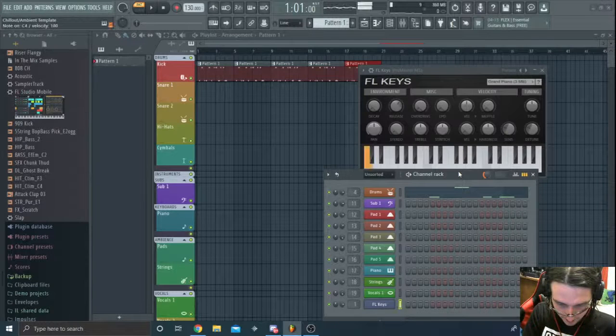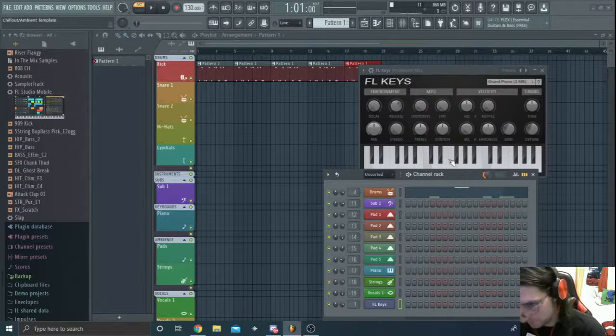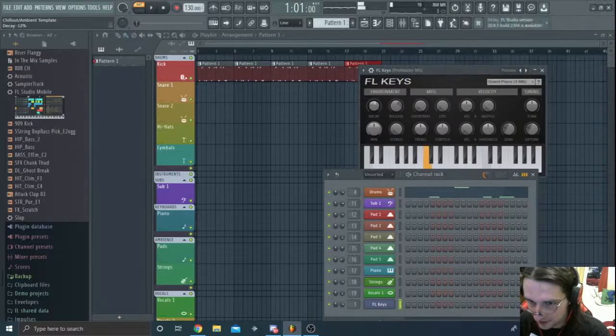So. Octave up. It does sound very plain, but I kind of want to... Nope.